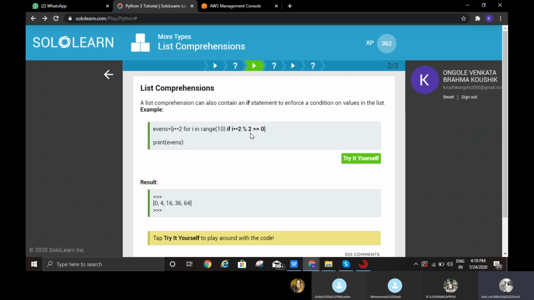So i power of 2: 0 power of 2 means 0, 2 power of 2 is 4, 4 power of 2 is 16, and it goes to even numbers, right? Double equals to 0. So 6 power 2 means 36, and 8 power 2 is 64. Here is the condition.